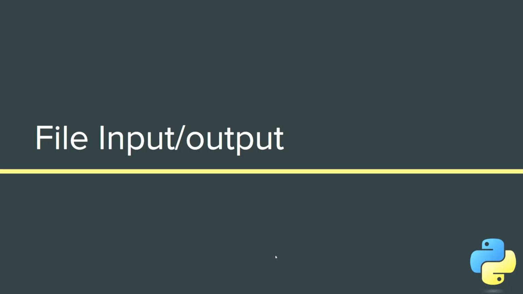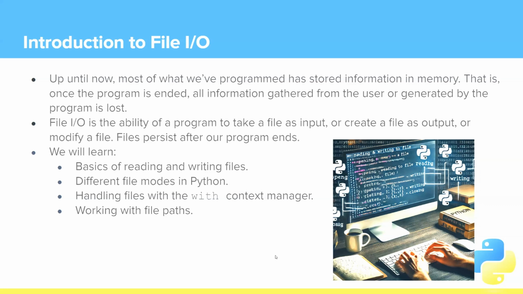We've arrived at another exciting portion of our Python class, which is file input and output. Let's talk a little bit about what this means in Python. Up until now, most of what we've programmed has stored information in memory. As our Python program executes, it contains information in memory, such as variables and data. And then once the program ends, all that information, either gathered from the user or generated by the program, is